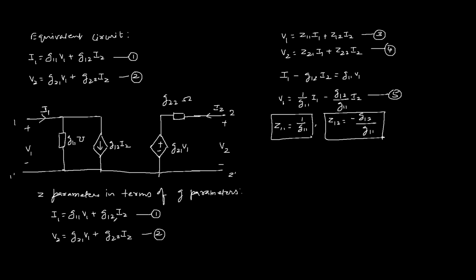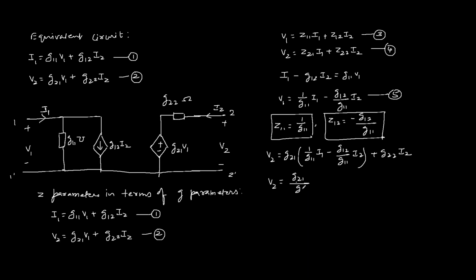Now we'll have to modify equation 2 in the form of equation 4. For that purpose, replacing V1 from equation 5 into equation 2, equation 2 becomes V2 equal to G21 into 1 over G11 I1 minus G12 over G11 I2 plus G22